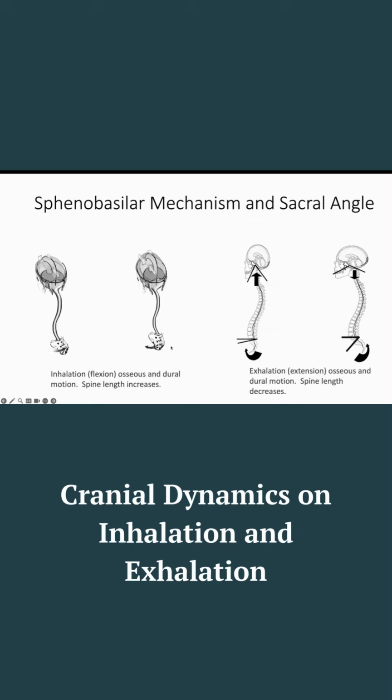So when we look at the system, we have inhalation here, which we change the dural tension. And again, we have expansion in the cranial vault as the sacral well gets compressed. We change the lumbosacral angle. It gets smaller on inhalation. So does the sphenobasal angle. And on exhalation, the angle gets larger.